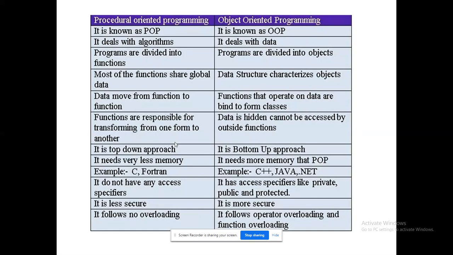Till now we have discussed this, but in a very clear fashion, it has been given as a table here: procedural oriented programming and object oriented programming. So how are we going to differentiate? Instead of procedure oriented, you can also say structure oriented programming. They are purely concentrating on algorithms. But when we come to object oriented programming, we are going to work only with the data, right? Because logic and data will be separated in object-oriented programming, but there both logic and data will always be merged. So it is purely based on functions in C and C++.